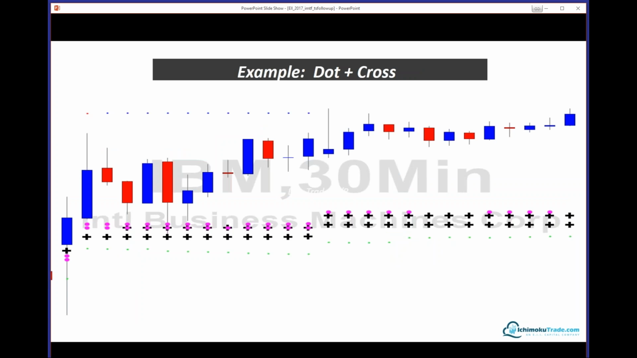Now, here's an example of a chart. This is basically IBM on a 30-minute. I took a snapshot of it, and you can see these purple dots. They represent the day and swing supports. And then you can see the crosses that occur here, and you can see scenarios where the dots are right on top of the crosses, and at that price level, that represents the key support resistance